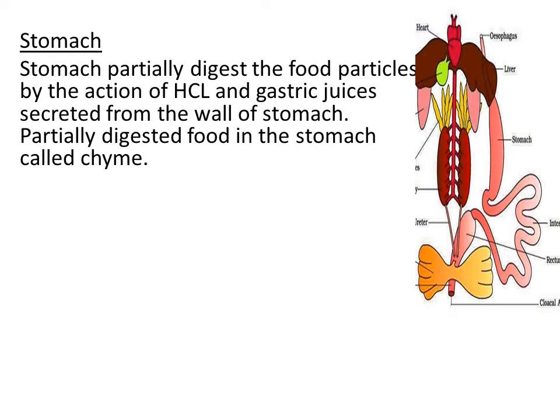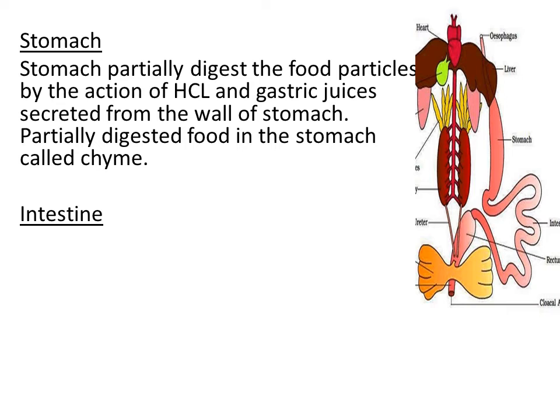gastric juices, right? So this partially digested food will move to the further part of the alimentary canal, that is the intestine, right? You can observe in the diagram, intestine is the part of the alimentary canal. It is just present below the stomach. So what is the function of intestine? We have seen in the stomach the partial digestion of food takes place. So the intestine is the organ where the complete digestion and absorption of food takes place. So let us now understand how the food is completely digested and absorbed in this particular part, right?